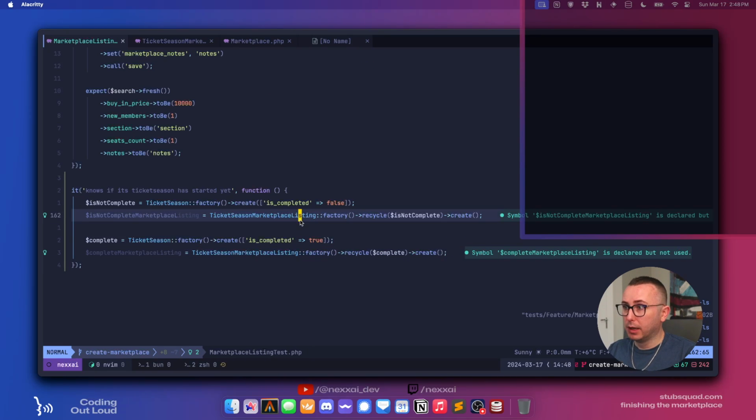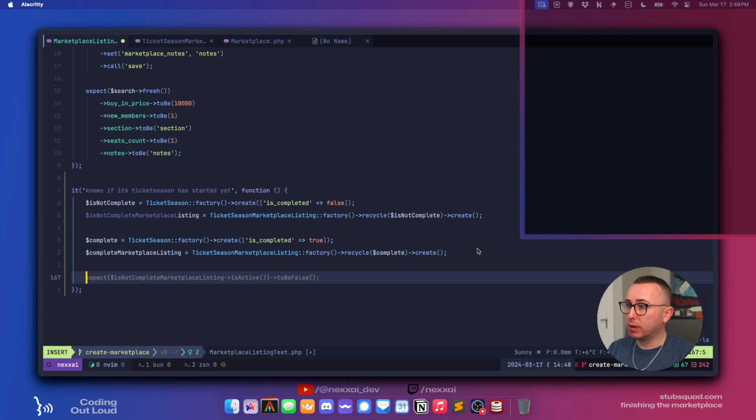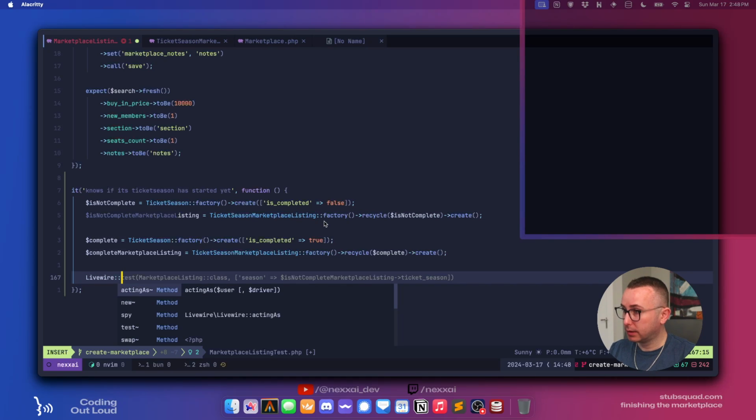Okay. So we have two listing entries in the database. But what we want is to make sure that we only see the one that is not complete. So we want to say Livewire test.